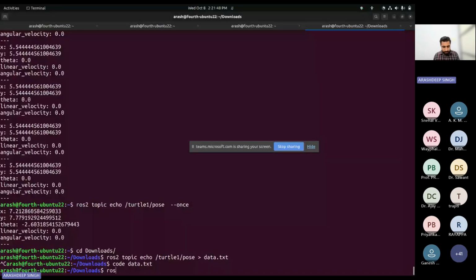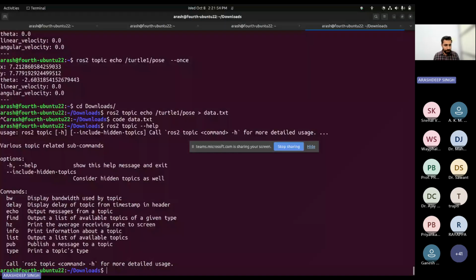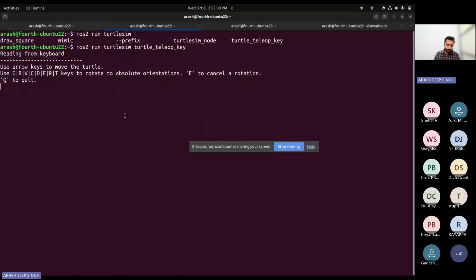So apart from that, there are 2-3 more commands related to topics that are helpful. One is hertz and another is pub. So there are two ways. One is moving the turtle using this teleop command by typing on my keyboard. Another is as